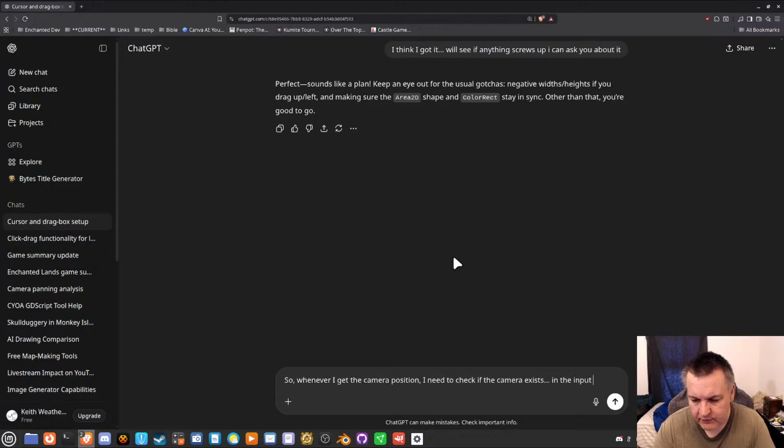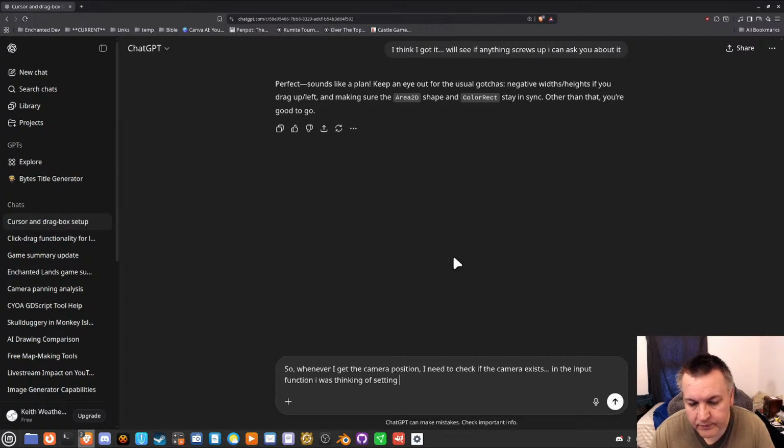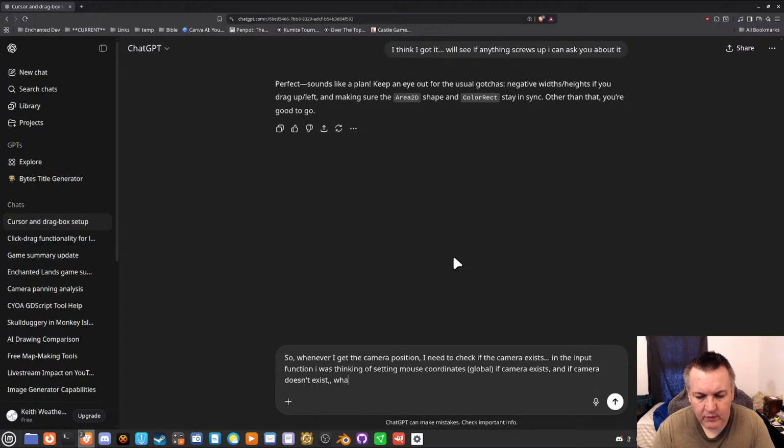In the input function, I was thinking of setting mouse coordinates global if camera exists, and if camera doesn't exist, what would be the most appropriate default setting?